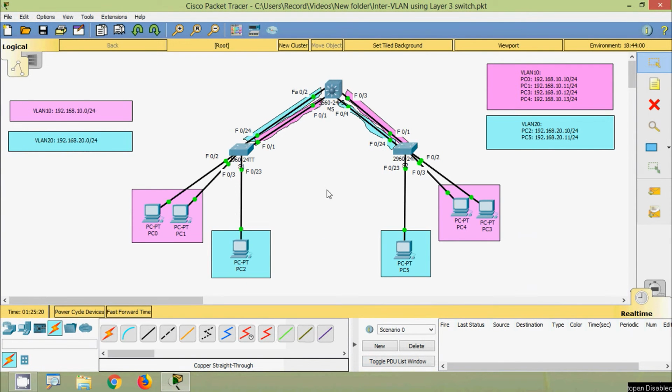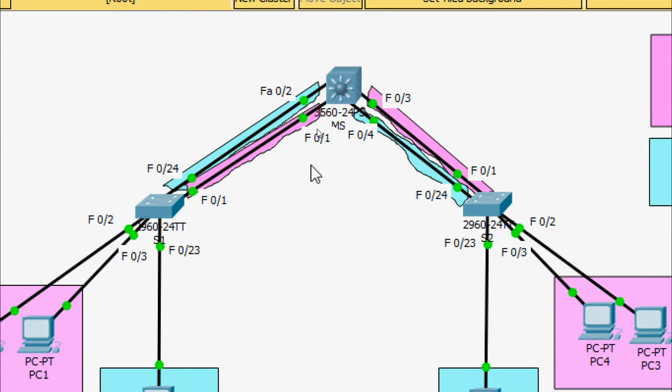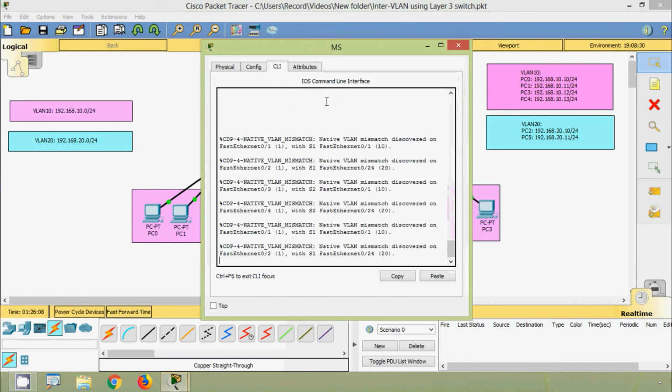Now we will come to our multi-layer switch. Here we can see the ports FS0/1 and 0/3 we have to assign to VLAN 10, and the ports FS0/2 and FS0/4 we have to assign to VLAN 20. Coming to our switch,